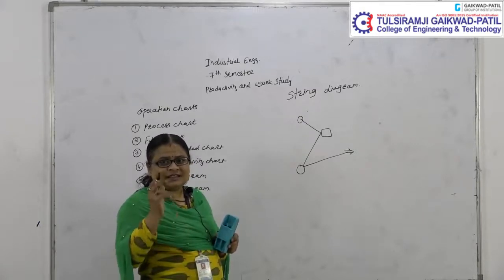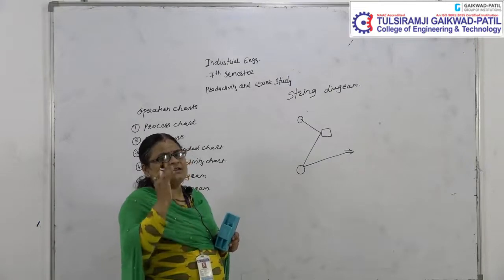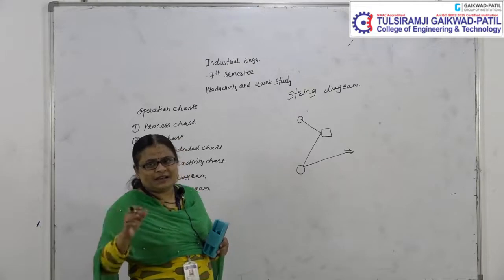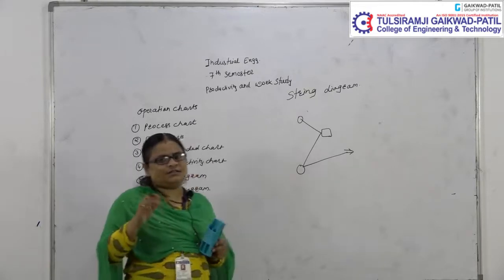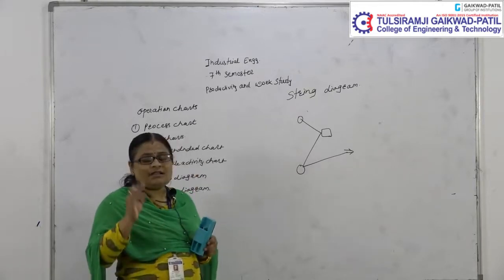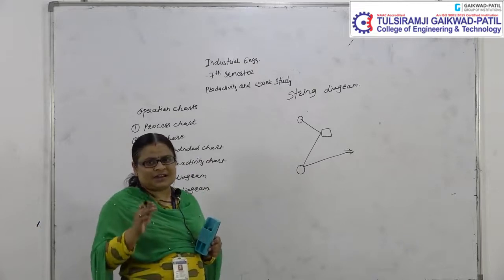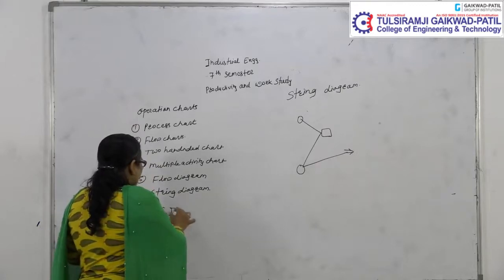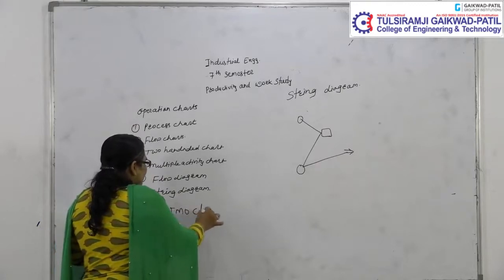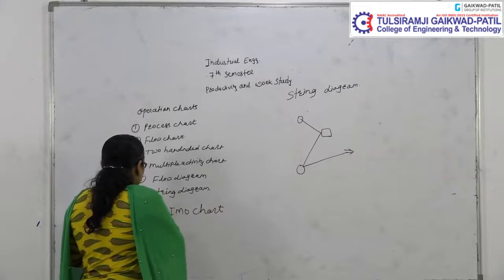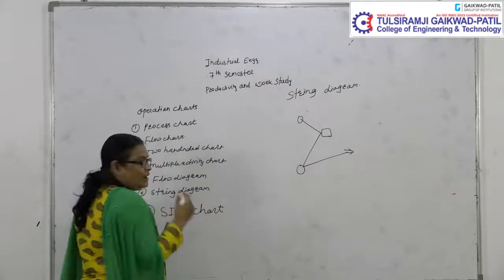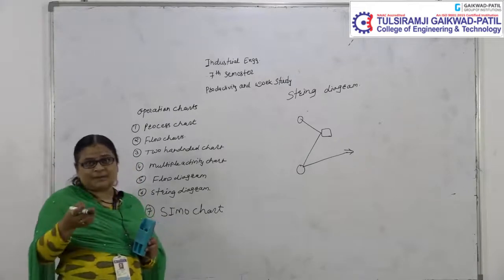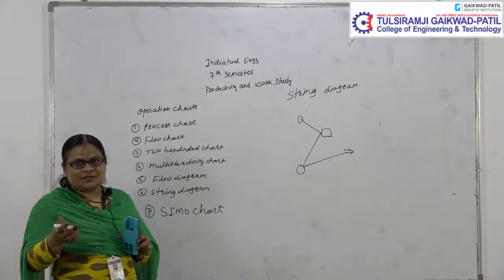So these are the various types of the operation charts which are used in method study, and method study is carried out with respect to these diagrams. In this diagram, a CMO chart, that is a simultaneous operation chart, can be left. These CMO charts can be explained in your next video or next PPT with respect to the examples, with respect to the parameters. So thank you very much.